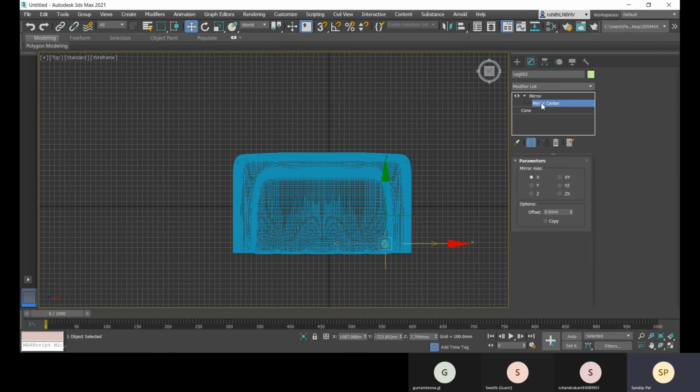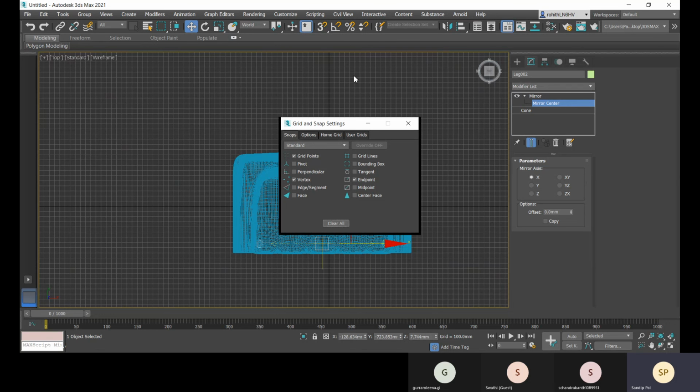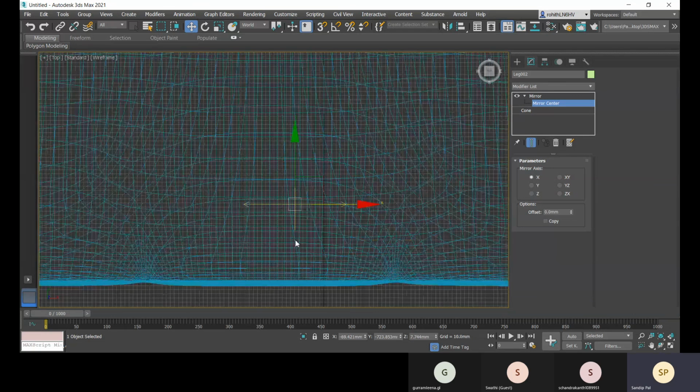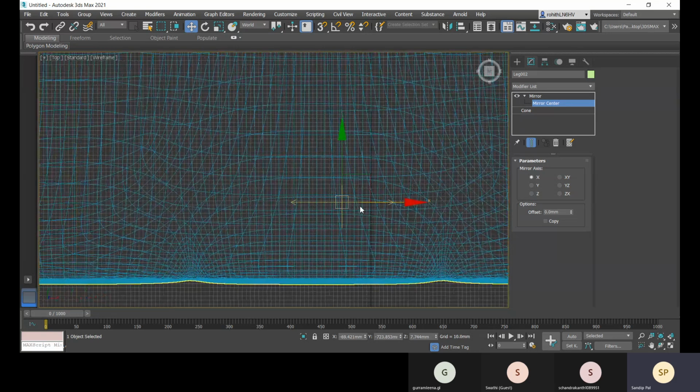And then let me come to this mirror center and position it at the center, at the center of this object. Or you can turn on this snap here, midpoint or the center face, and there you can snap. If you're having any center point, then you can snap it there.